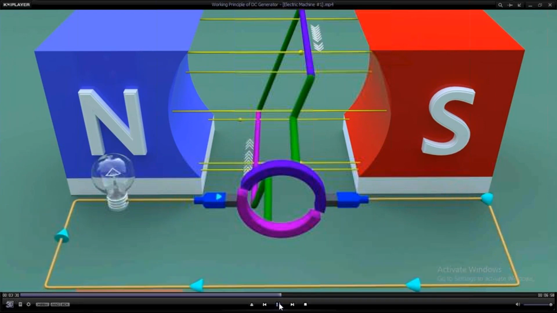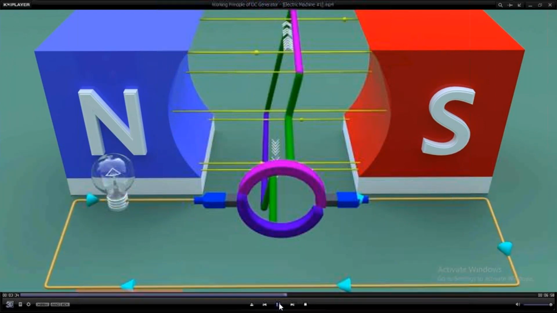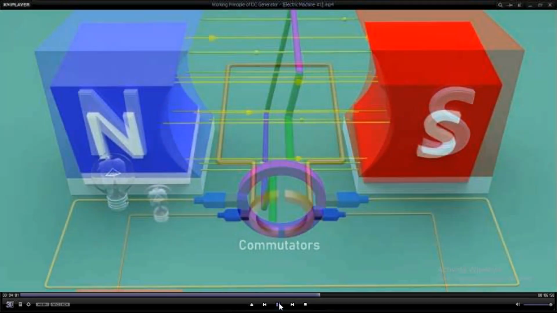This arrangement provides that current flows in the same direction. Again, as the coil comes to this position, finishing another half a rotation, you can see that this brush has changed contact. The brush is in contact again with the violet color half part of the split ring. In this way, the DC generator is built, where the current only flows in one direction through any external circuit. In this arrangement, brushes and split rings, which help us to automatically change contacts, we call commutators. So split rings act like commutators.